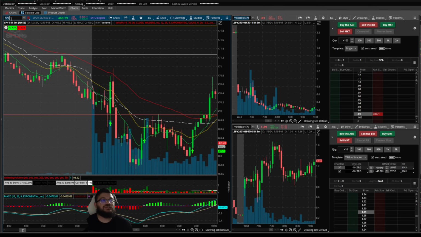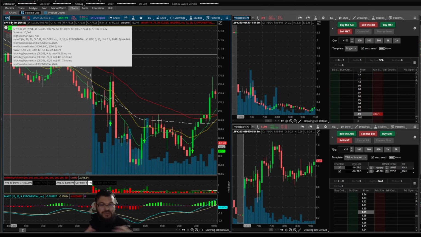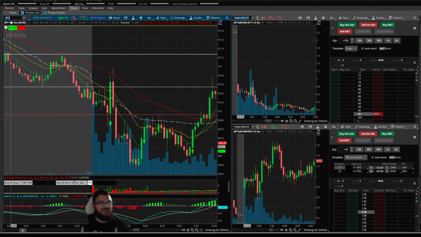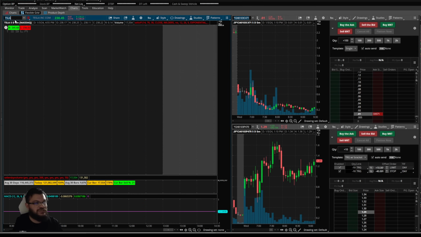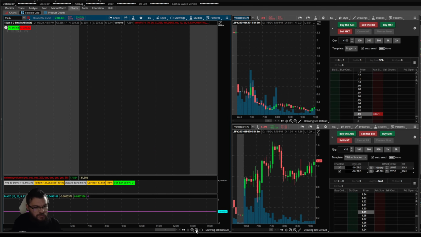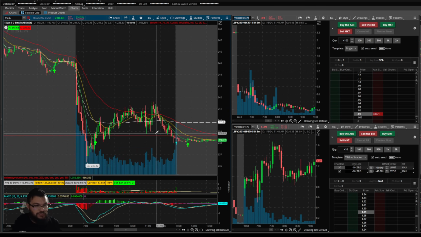Now, other stocks do really well. So here's another little tip for you, right? If we're waiting for news for the overall market, many times you are better off trading an individual ticker. An example of that would be Tesla. If I come over here and type in Tesla, we'll see right at market open, this thing just completely dropped.